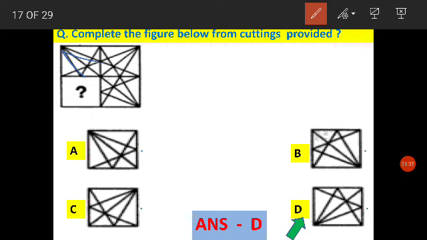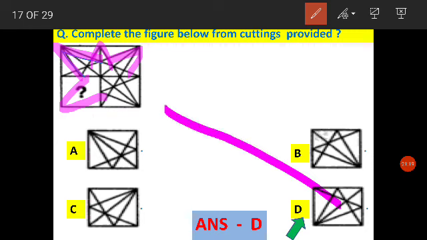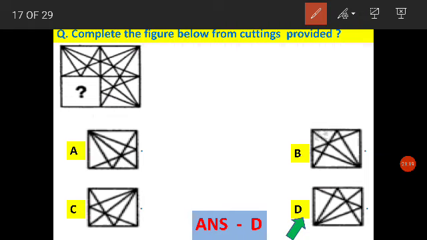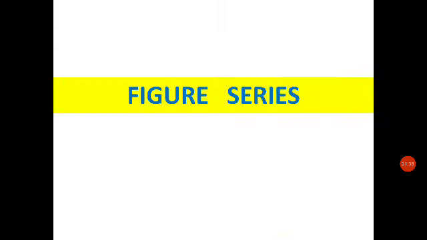See, if you see this figure, there's a star going like this, going like this, going like this. So what you need here is a position like this, and it should be in the same direction. So D is the answer, because if you see D, it has got a point like this. No other answer is giving this position. So you will straightway conclude this answer rather than going into all the details and wasting your time, because time will be very short. So you have to quickly identify a few things and then conclude your answer. And if you're not able to conclude the answer, then you have to go into one or two more details.